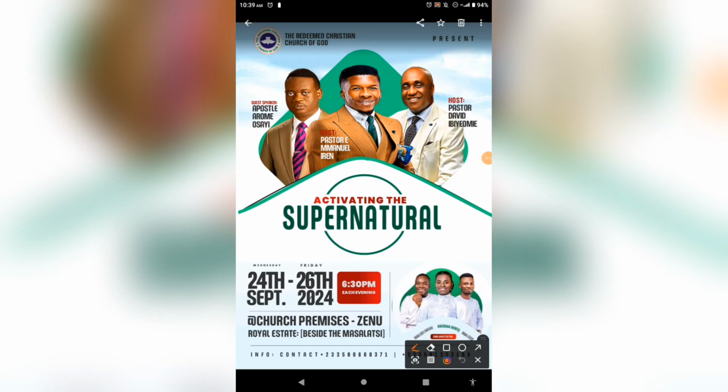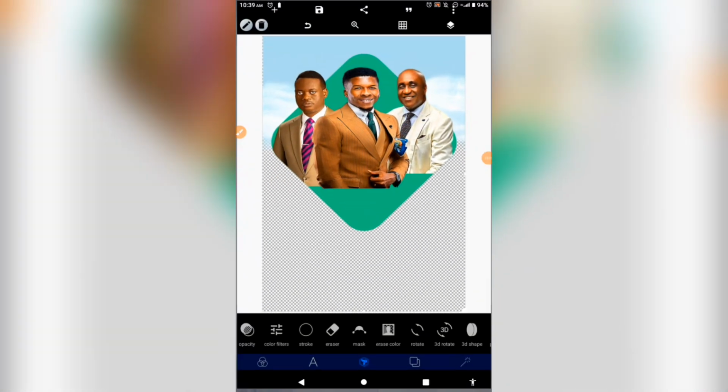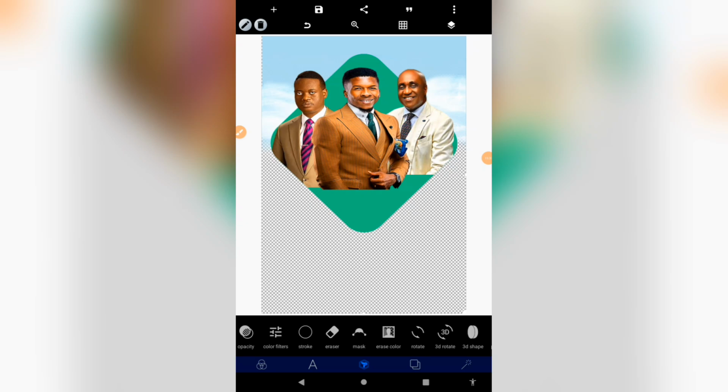This particular effect I was talking about, this one, this particular effect, this one right here. Okay, so let's go back to our Pixellab and continue. So how did I create that? First of all, we make use of this tool called